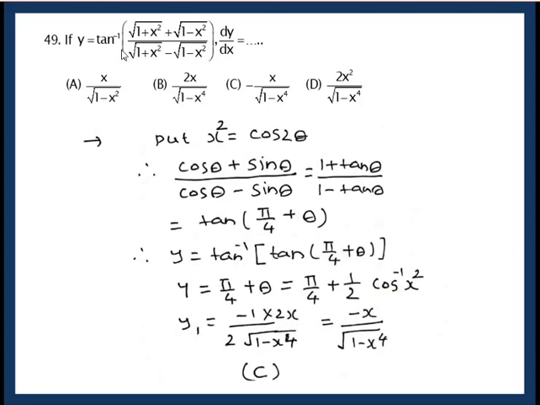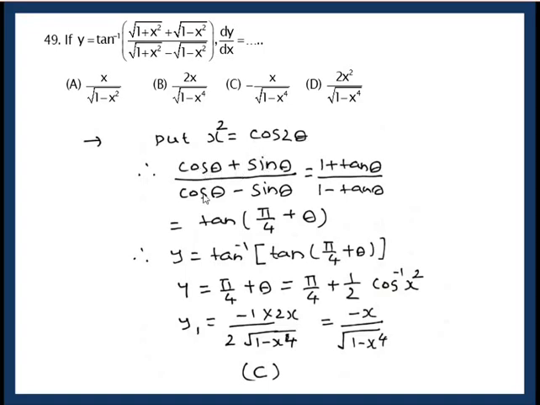Y equal to tan inverse root of 1 plus x square plus root of 1 minus x square upon root 1 plus x square minus root 1 minus x square. You should remember that table expression substitution which we discussed in derivatives. Remember, we'll be using this in integration also. Okay, so if you go for this substitution, then root 1 plus cos 2 theta is root 2 cos square theta, that is root 2 cos theta. Here root 2 sin theta, denominator root 2 cos minus root 2 sin. You won't see root 2 because I have cancelled it.